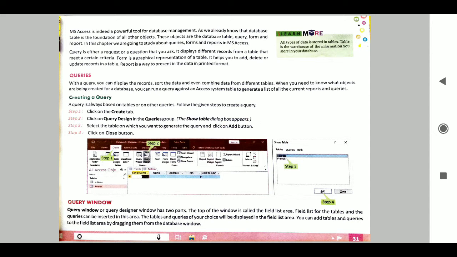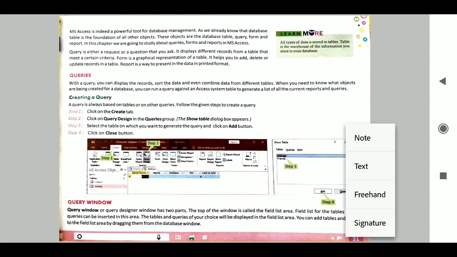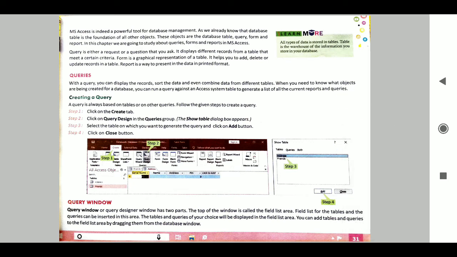In this chapter, we are going to study queries, forms, and reports in MS Access. These are the three major things. Queries are nothing but to ask for the required data from the database. Queries are nothing but questions.